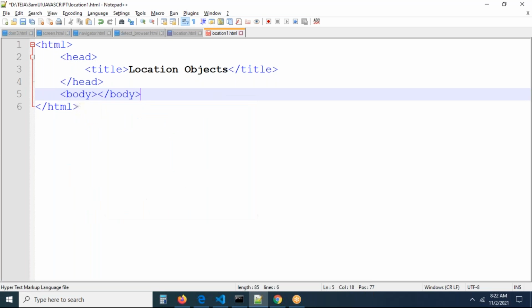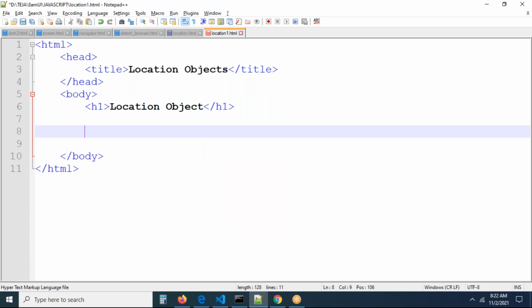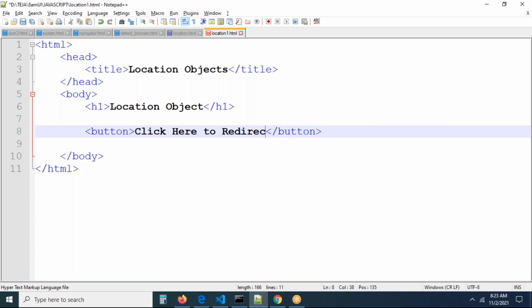Body open, body close. Right. See, I have a button here. On click of the button, I want to redirect the page. I'm writing "Click here to redirect." This is not an anchor tag. This is simply a button. On click of the button, I want to fire a function, onclick equal to,